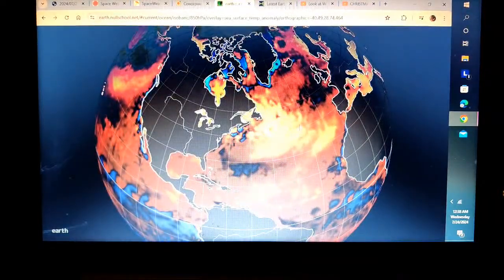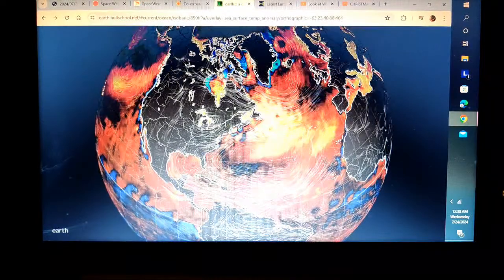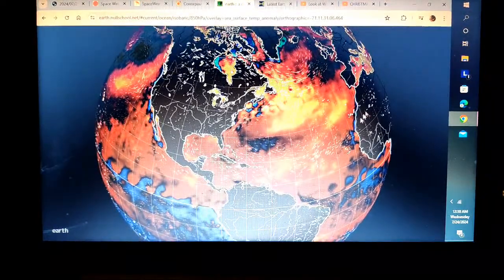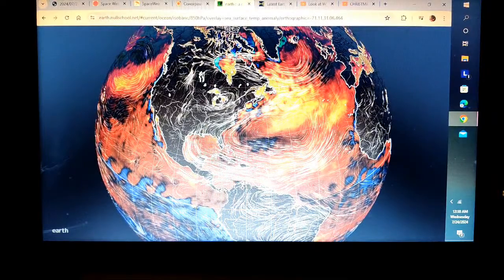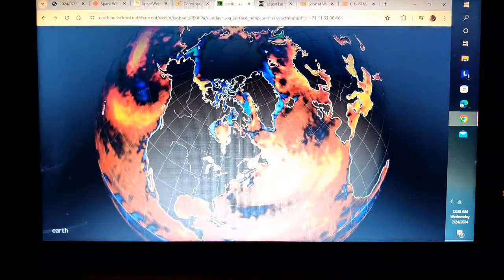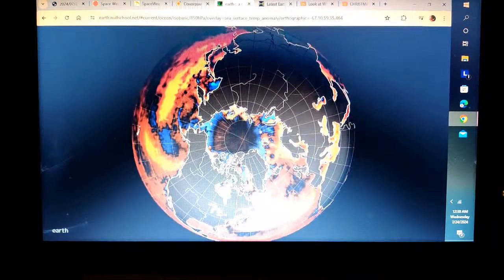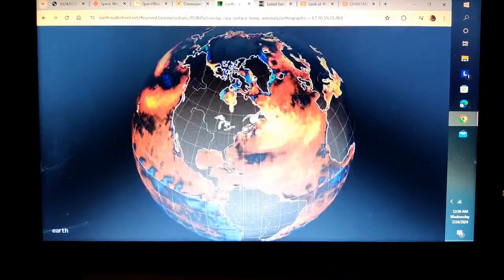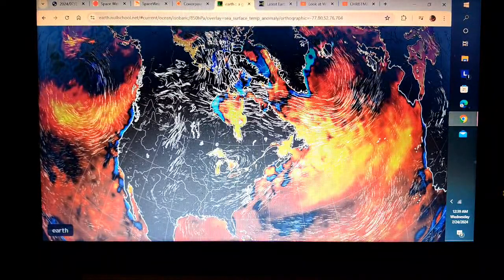Okay, the heat structures are pretty much the same as they were the last time, but you can see our flow. And we got this conveyor belt type structure going out, coming in, hitting the Gulf, bringing stuff up, back out. Also, we got all this heat structure, all these heat anomalies on the northern hemisphere now. Okay, clear up here into Hudson Bay. You see them up there.